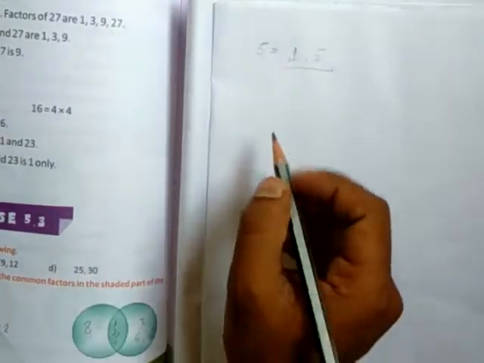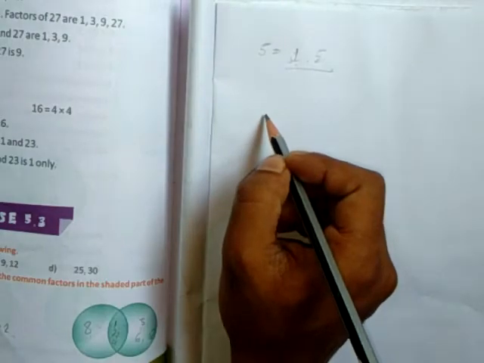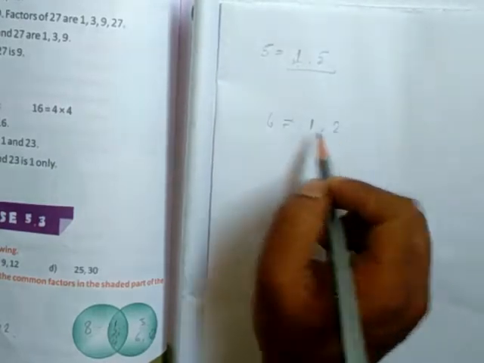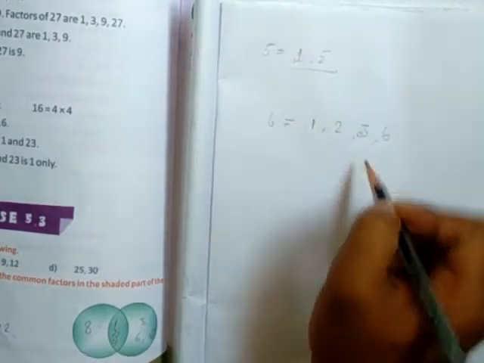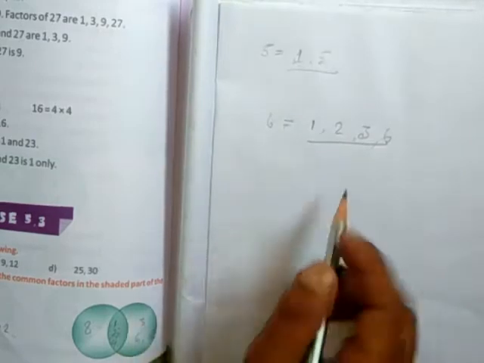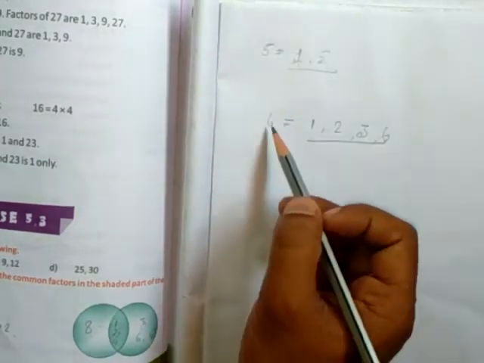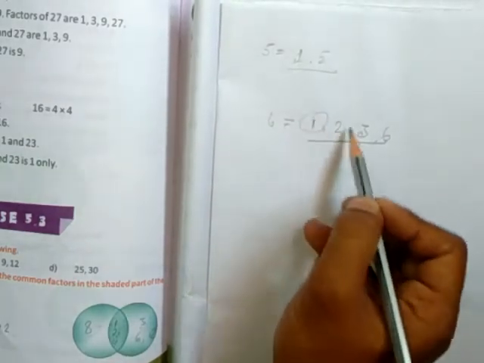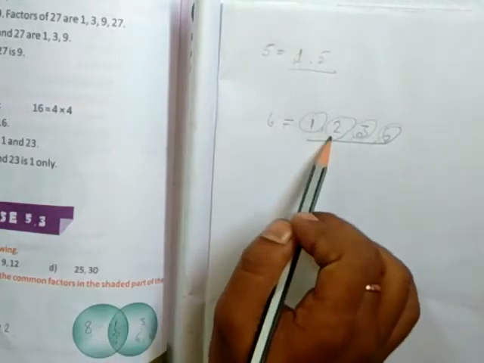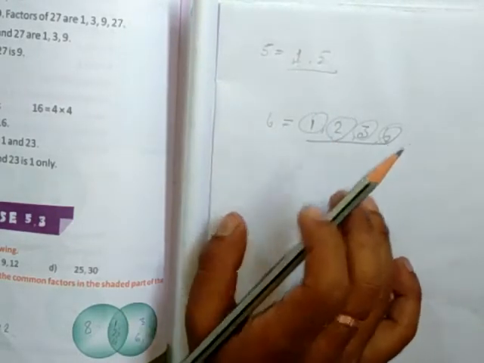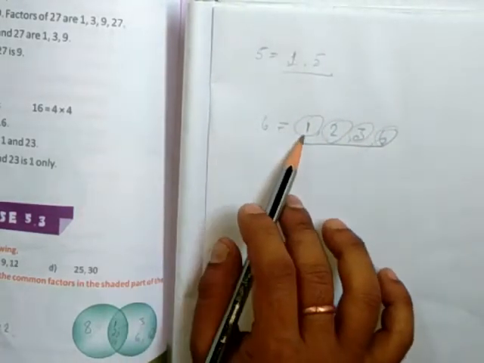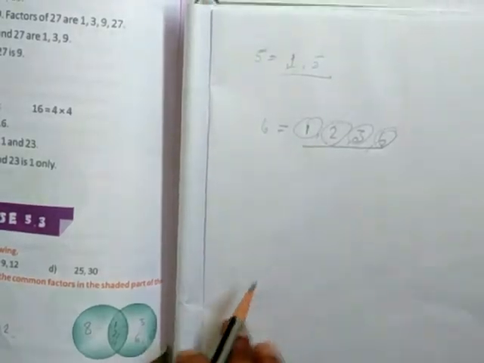Suppose I'm taking one more example, like 6, isn't it? The 1 will be there, the first factor, then 2 threes are 6, and 3 twos are 6. These are the factors of 6. So you can see in 6 the factors are more than two numbers: 1, 2, 3, 6. There are 4 factors, so this is not a prime number. Just remember, if a number has more than two factors, it is not a prime number, it becomes a composite number. I'll tell you what a composite number is.